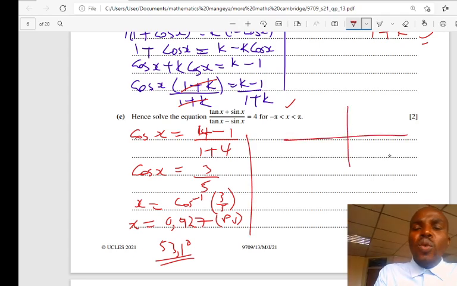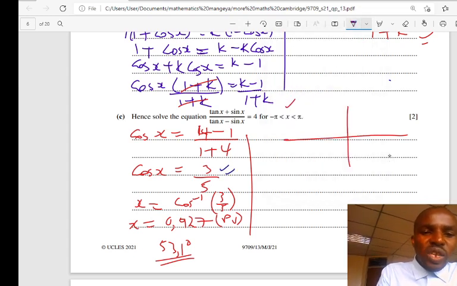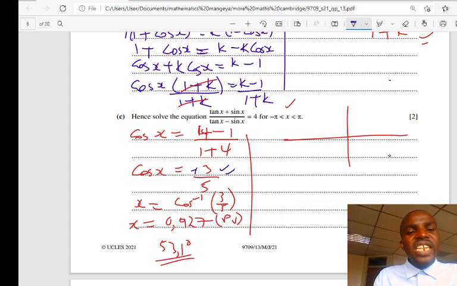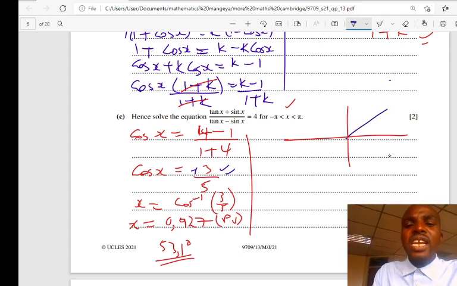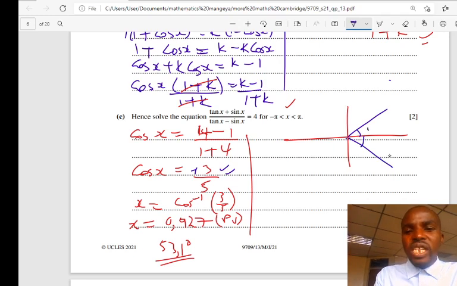Quadrant rule, we have our cos x here. Cos x is positive here, so it's positive 3 over 5. So when is cos positive in our quadrant? It's the first and the last quadrant. So this one and this one. So it means our angle is supposed to be below this line and this line. I can put my angle here